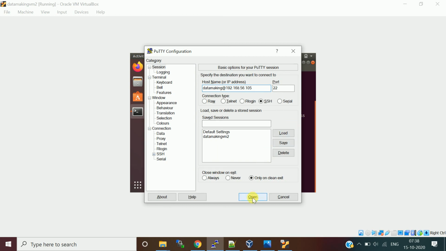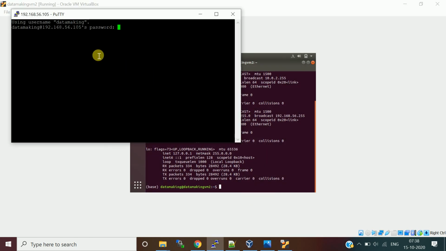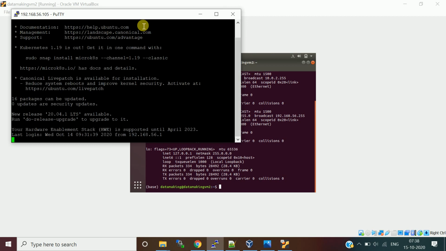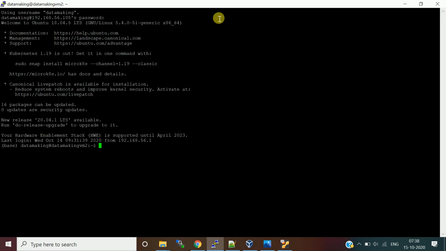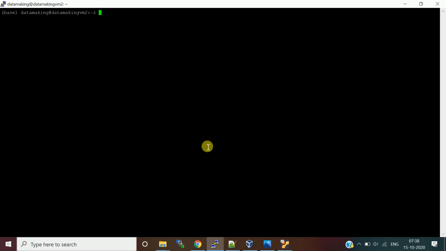I'm going to click on Open. It is going to ask for the password. Type the password, data making. Now we are able to access the VM from our Windows machine itself using the PuTTY utility. Now we can do whatever we want, the same commands as opening the VM and opening the terminal, everything we can do here.